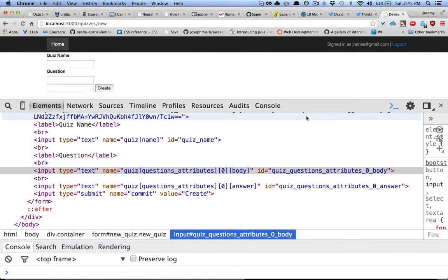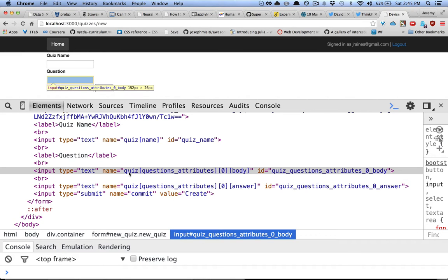So the next thing I want to do is let the user add additional questions to the quiz. When I open up the web inspector, I can see that the Rails form, with that nested fields for section, ends up generating inputs that look like this for the questions. So it's nested under quiz, then it's got questions attributes, then an index, and then finally the question field. So it should be pretty easy to replicate this just with JavaScript, so that the user can